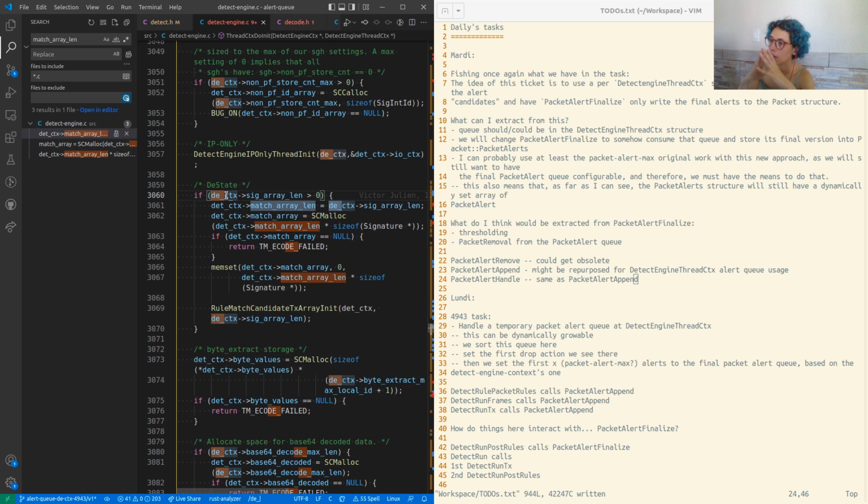Look at how difficult it can be sometimes to be a coder if you miss small details. We have DE context, which is probably detect engine context, and you have DET context, which is most likely detect engine thread context.